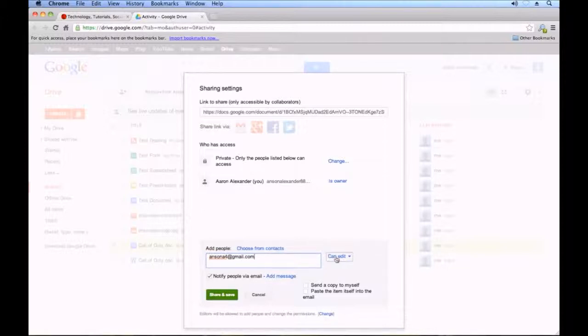You'll notice that to the right, I have an option of giving the person either edit permissions, comment permissions, or just view permissions. So you have three levels of file permissions here. You can either make it so the person can only view the file, can't make any changes, can't make any comments. You can make it so the person can read the file, can't change any of the actual text within the file, but can add comments to that particular document, as I showed in part 2 of this video series. Or you can give them full permissions to edit and make changes to the document. Remember